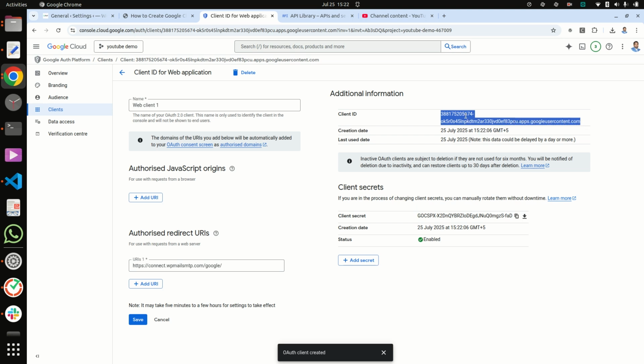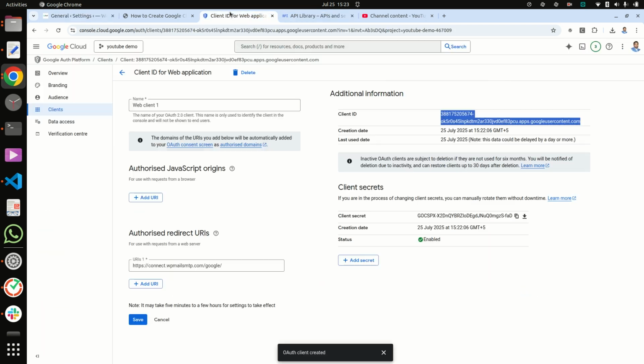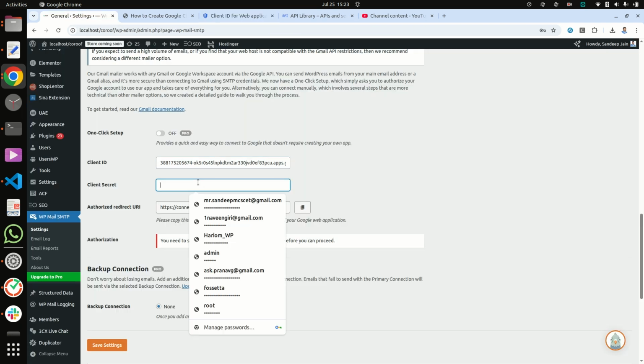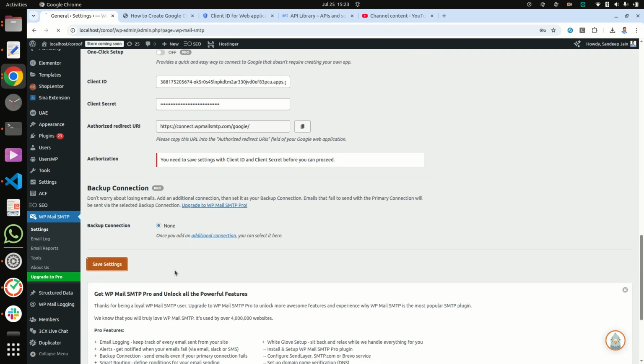This is the client ID, so copy from here and paste here, and then this is the client secret, and then click on save.